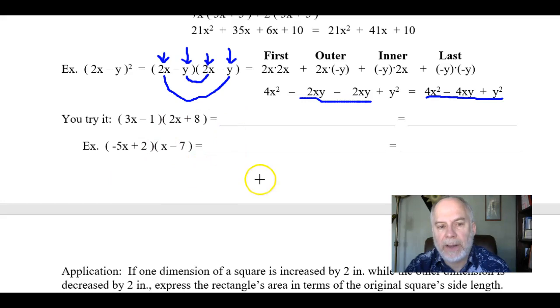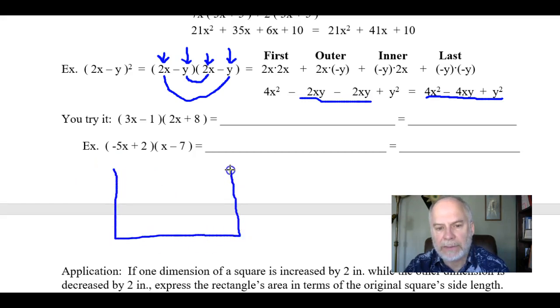But a third way that you might do these, and I'll just show it briefly, is this. Make a box that has 2 rows and 2 columns, because we've got a binomial times a binomial. Put the terms from the first binomial